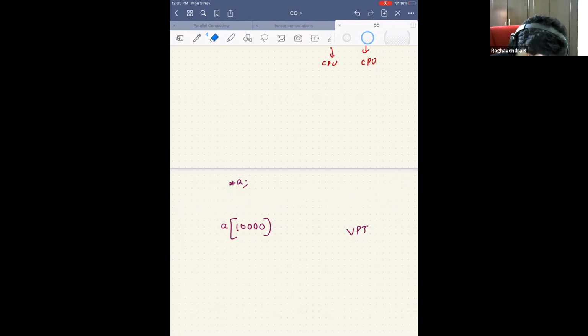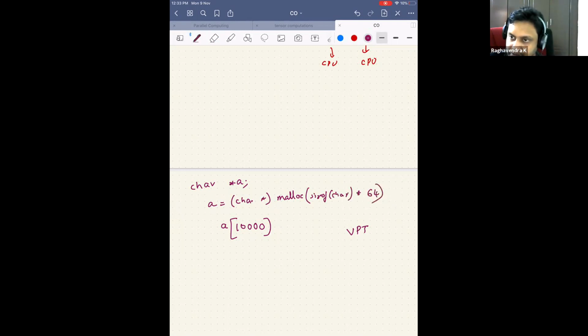Let's say a char array A, where the size of char is 1, and I have requested 64 bytes. For the entire 64 bytes, whatever the page size is, let's say the page is 8 KB, an entry is made for that page.